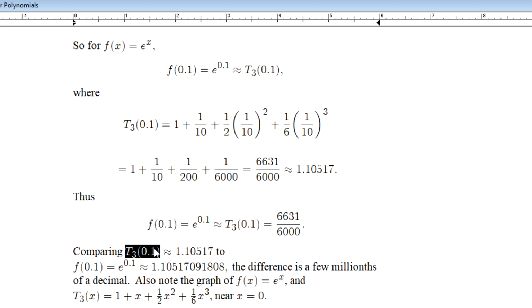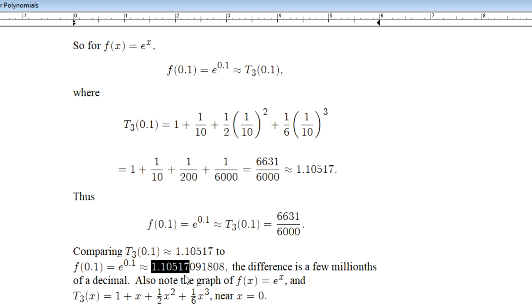Comparing t sub 3 at 0.1, or 1.10517, to this value given down below here, 1.10517091808, we have an accurate approximation out to the nearest 10th, 100th, 1000th,